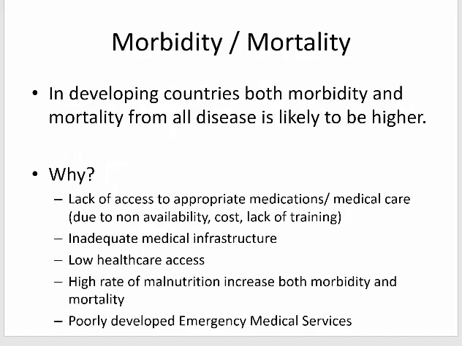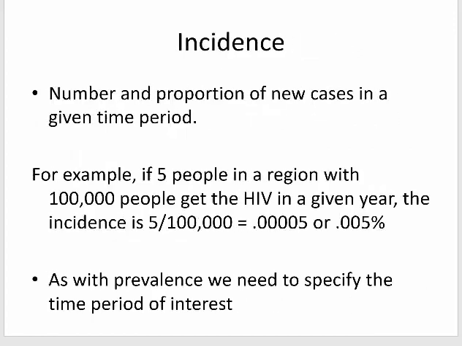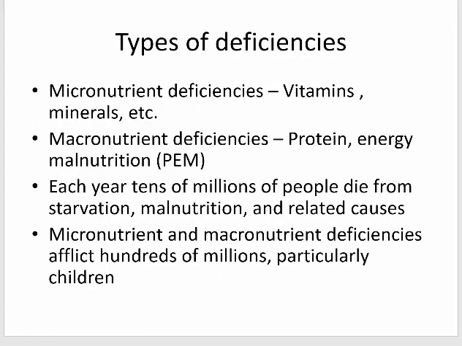Some more examples of morbidity, mortality, prevalence, and you can read these. Another important thing is the type of health condition that we like to track. So earlier I talked about communicable diseases, acute infections, parasitic infections, things that you can get from other people or animals, as well as chronic conditions like diabetes, cancer, Alzheimer's. But something that we don't often talk about is micro and macronutrient deficiencies. And what these